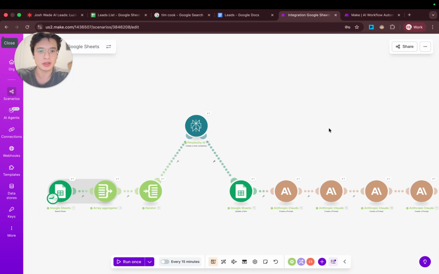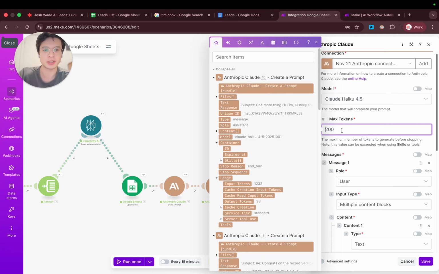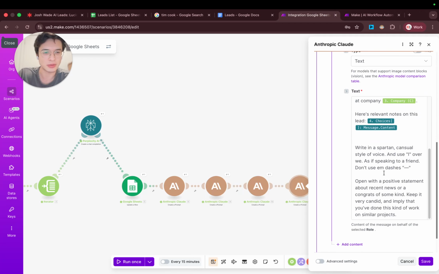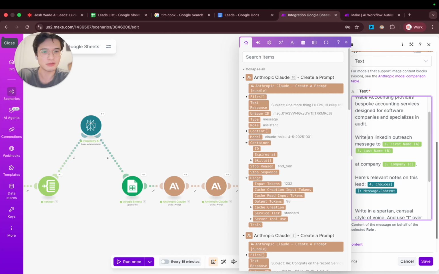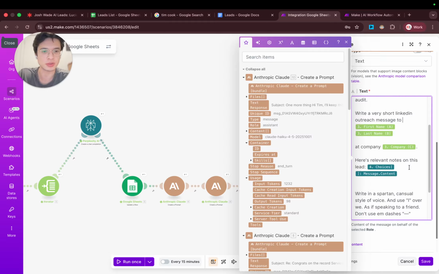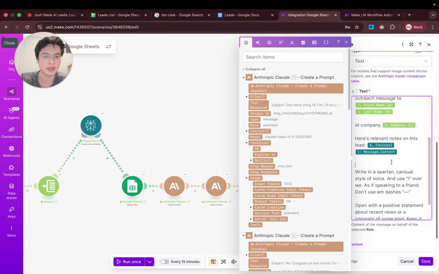So maybe the last thing I'm going to do is go into my LinkedIn piece. I'm actually going to make this max 100 tokens. And I'm going to specifically say, write a very short LinkedIn outreach message to. And actually, sometimes what we would do here is we'd send the first email, and then if they didn't reply, we'd send a message on LinkedIn, and then we'd continue with the email sequence. So I can actually mention that here. I could say,